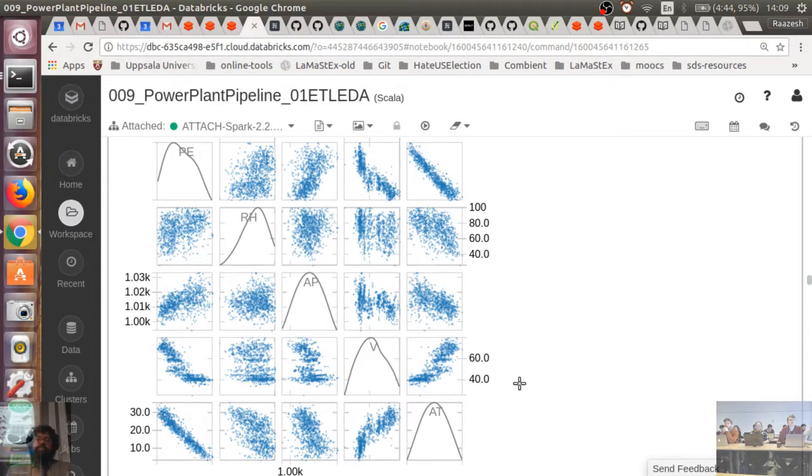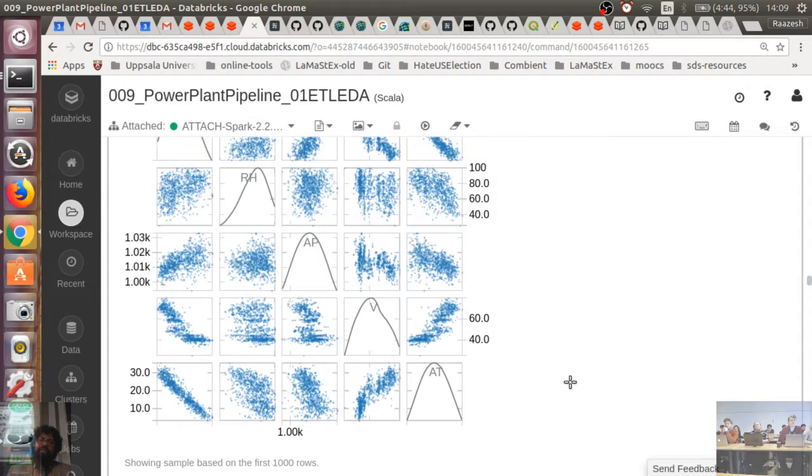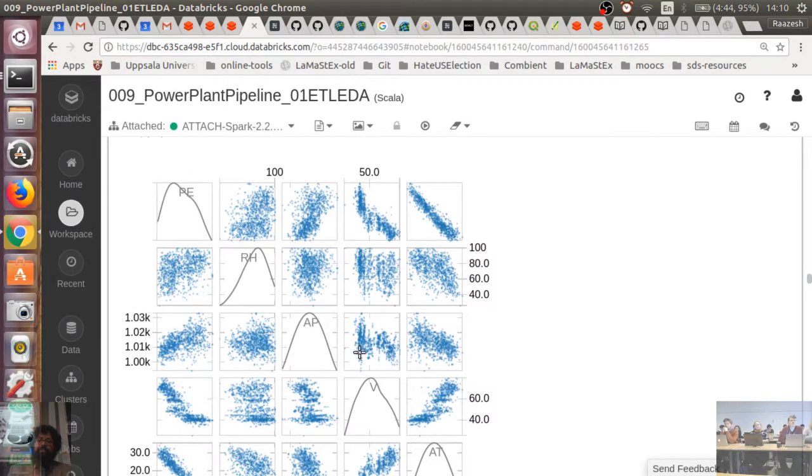And of course, you see there are other kind of correlations, both positive and negative. You can kind of ignore this half because it's just the same stuff upstairs flipped around. But there are somewhat more complex dependencies between vacuum and pressure and so on, relative humidity and exhaust vacuum. Okay, that's kind of the raw data. And then the diagonals is always the kernel density estimate of each variable. So they're kind of unimodal. This one's kind of interesting, but